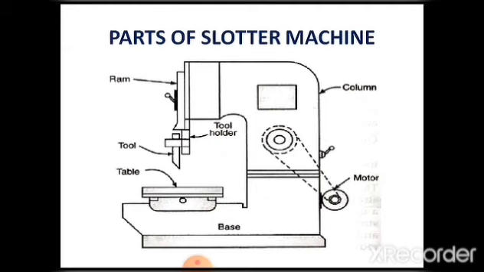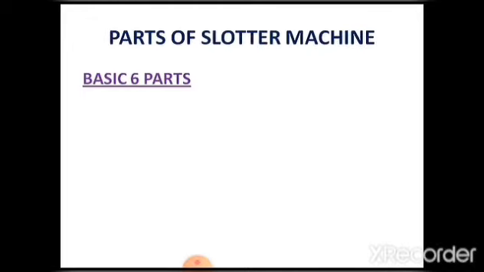ठीक है, तो ये डायग्राम आप देख लीजिए, इसमें ये सबसे नीचे इसका बेस है, फिर देखिए इससे ऊपर इसका मोटर लगा हुआ है राइट हैंड साइड, और लेफ्ट हैंड साइड में इसमें टेबल लगा हुआ है। टूल होल्डर में आपका टूल फिक्स है, और ये रैम है आपका और कॉलम। तो ये डायग्राम बहुत आसान और बहुत सिंपल डायग्राम है आपका स्लॉटर मशीन का। नेक्स्ट हम इसके पार्ट्स देखते हैं।